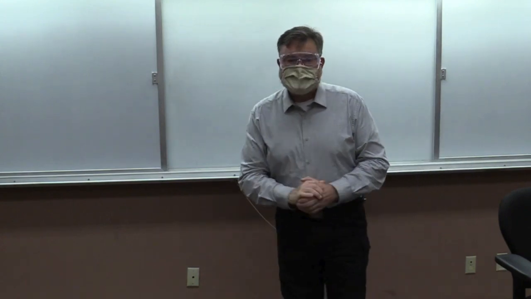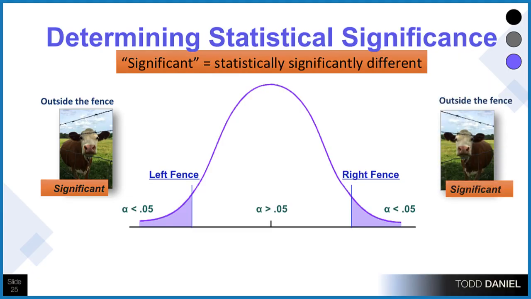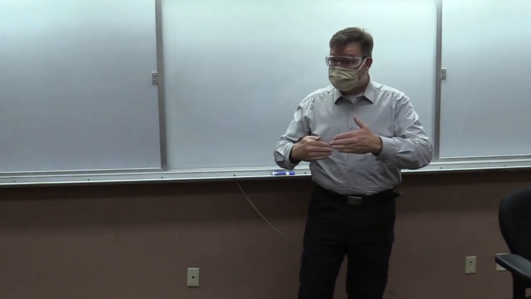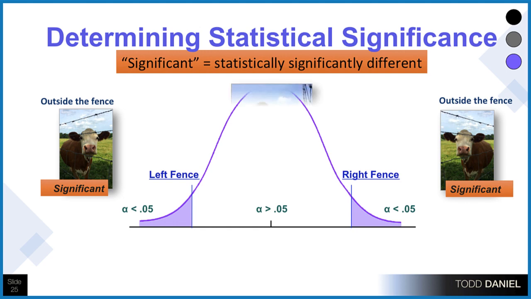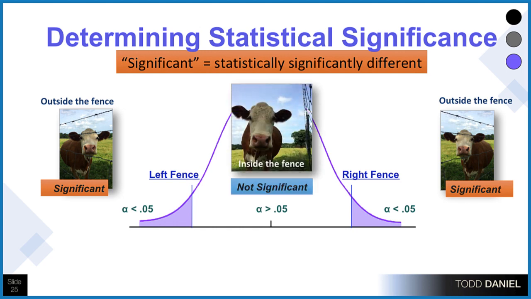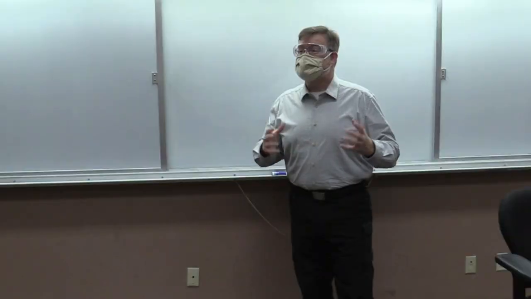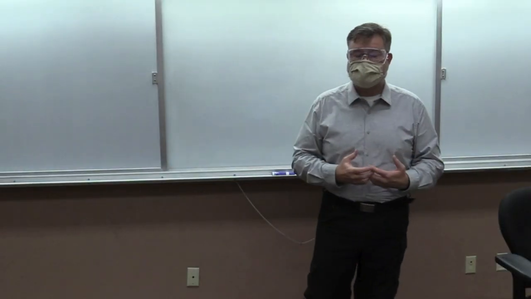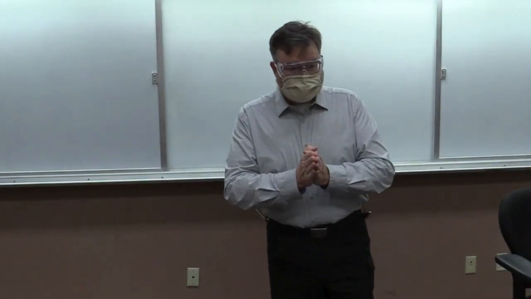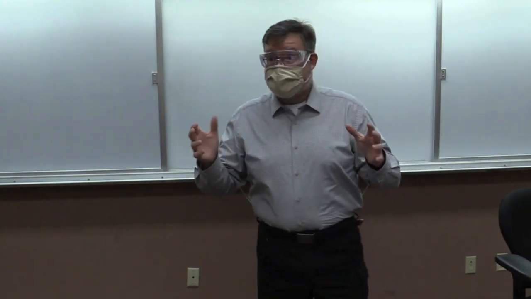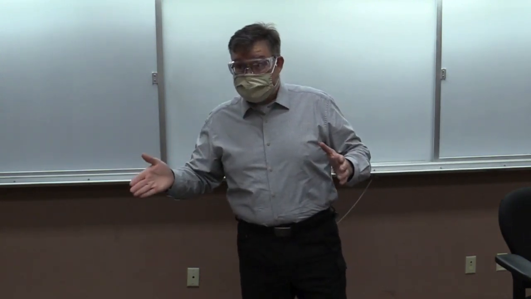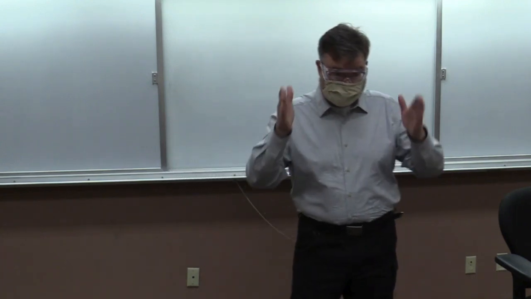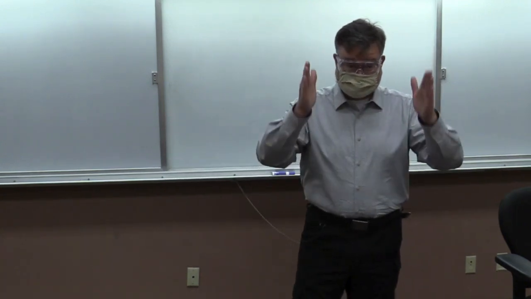I really enjoyed these. In these two examples, we see the cow is outside the fence. The fence is between you and the cow, or the bull, the very angry bull. If you're over the fence, you're safe. But if you are inside the fence in any place, not so safe. Here is the analogy with statistical significance. If a score is 0.051, if it's greater than 0.05, it's still inside the fence, not significant.